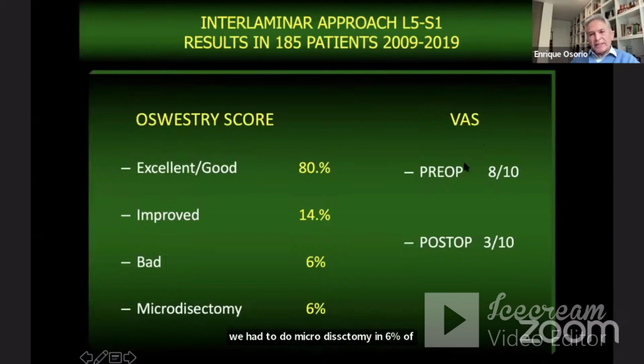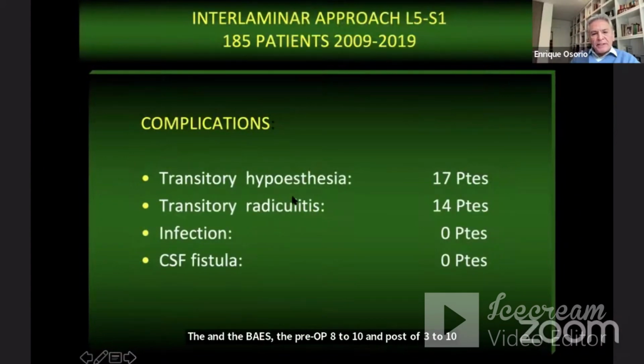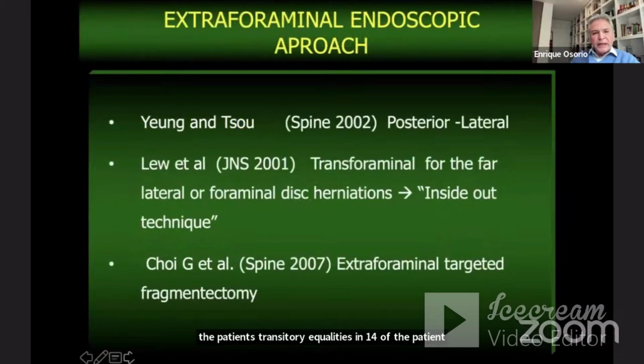In the VAS, the pre-op 8 to 10 and post-op 3 to 10. And the complications: transitory hypoesthesia in 17% of the patients, transitory radiculitis in 14% of the patients, no infection, no CSF fistula. And for the extremolateral